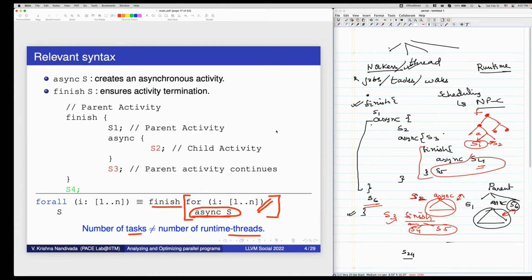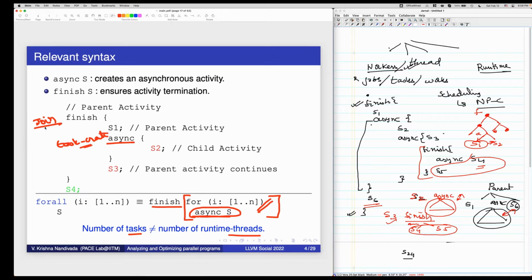Is it mandatory to have a finish at the root level? Let's assume in this language that if you don't specify a finish around your main function, there is an implicit finish. The programmer can also specify a finish. Finish is a join statement. This is a task create statement.